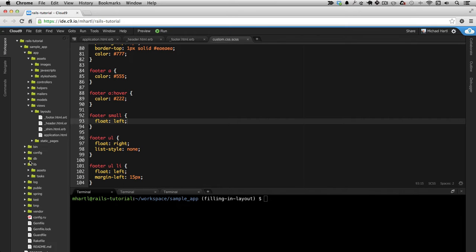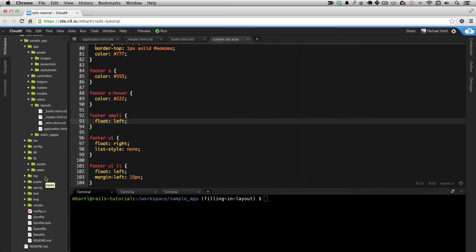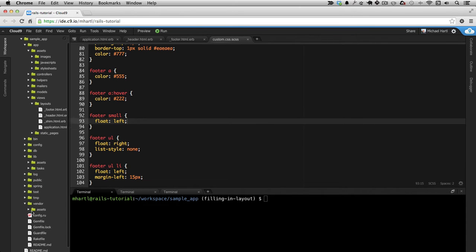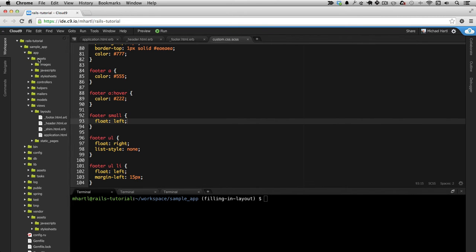This is for libraries that you write or your development team writes. And then there's vendor assets for third-party libraries. In this tutorial, though, we'll be focusing on by far the most important of the 3, which is the app assets directory. One of the things that the asset pipeline does for you is combines all of these different assets